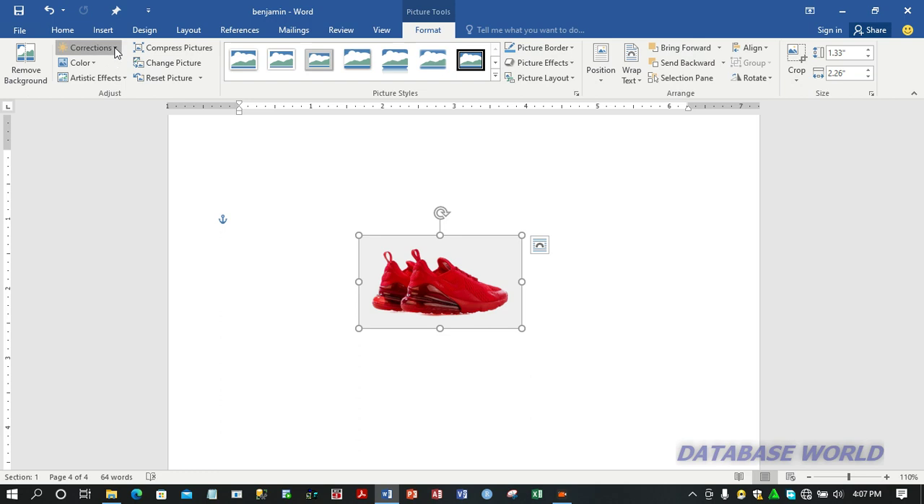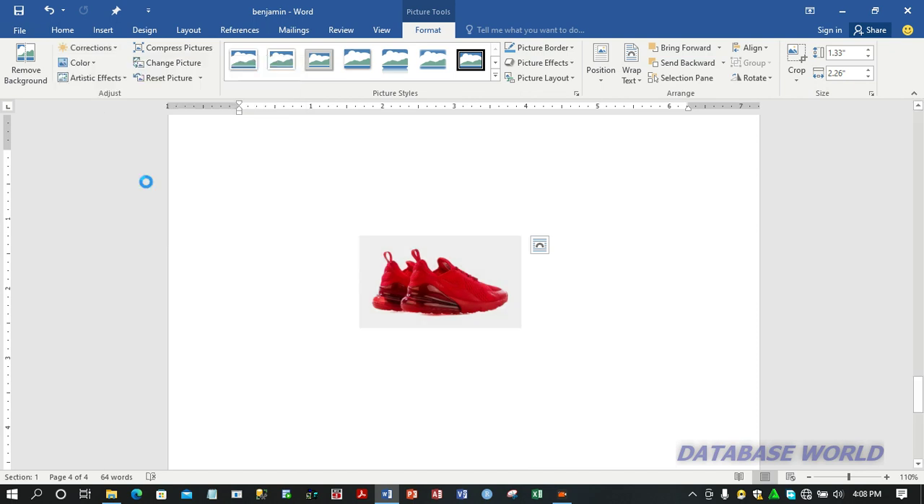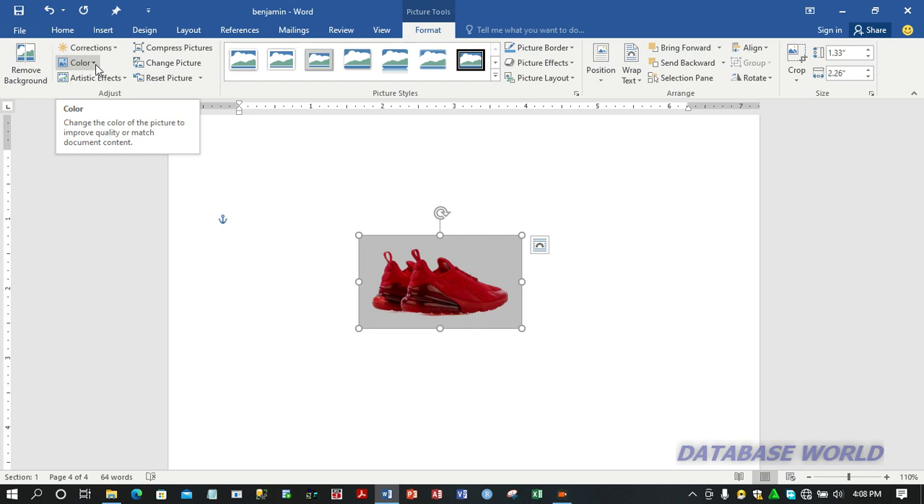So when we click on the drop down, the corrections basically affect the color appearance, whether you want to make it bright, whether you want to make it look a little sharp. When you point your cursor on it, how you really want the picture to look like, depending on what you're doing, you can just select any of them. So I'll click on this, that's the one I want,